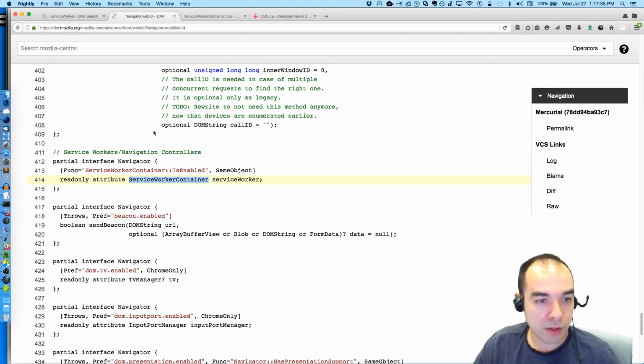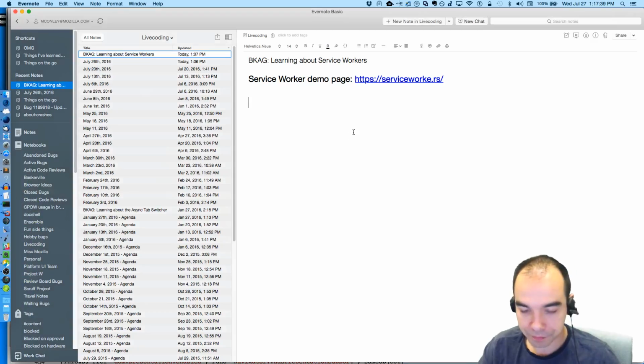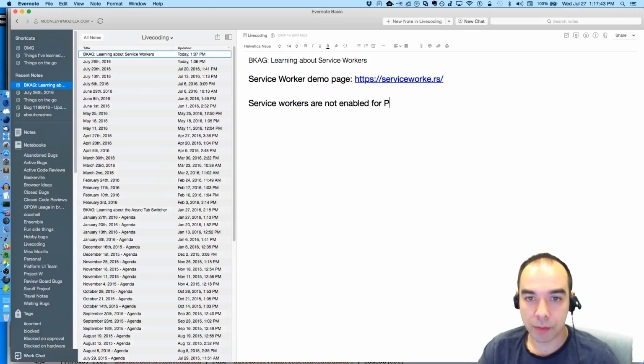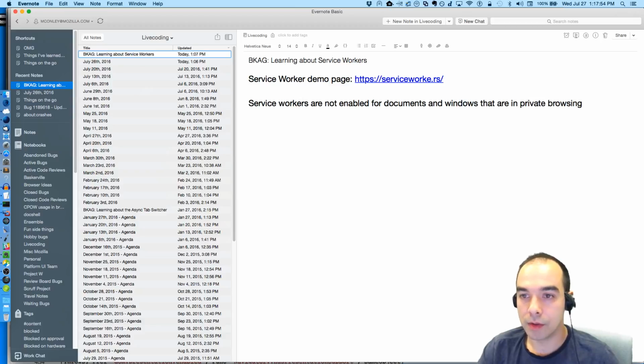So here's what we've learned so far, and I can write this down. Service workers are not enabled for documents and windows that are in private browsing mode. That's neat.